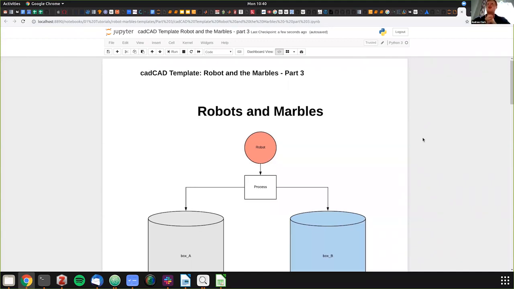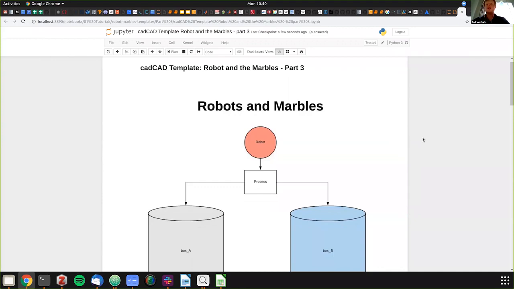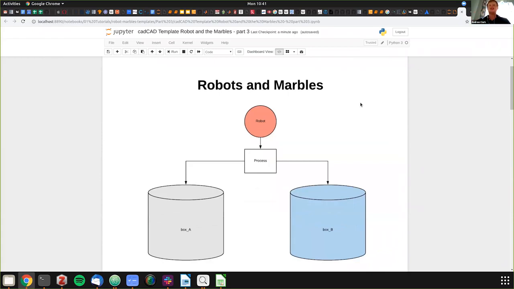We're going to do the third part of our robots and marbles tutorial using cadCAD. In our last video, we did a live code building, just copying block by block the configuration file for our robots and marbles. And in this example, we're going to add another little complexity and show what that is, and then run it